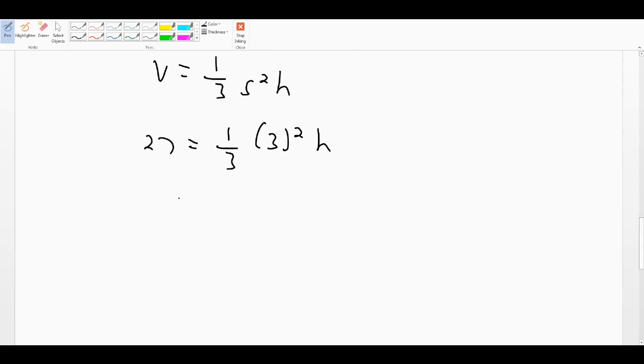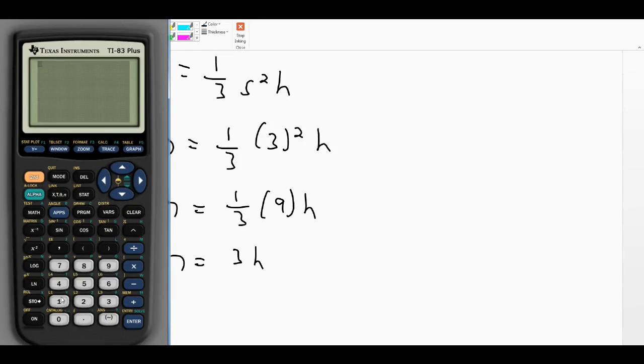Now I'm going to do this step by step, make it a little bit easier for you. So the first thing I want to do on the right side, I don't want to do anything with the 1/3, but I want to find 3 squared. I want to find 3 squared, which is the same as 3 times 3, which is 9. And then 1/3 of 9, and if you don't know what that is, it's actually 3. In case you don't know,